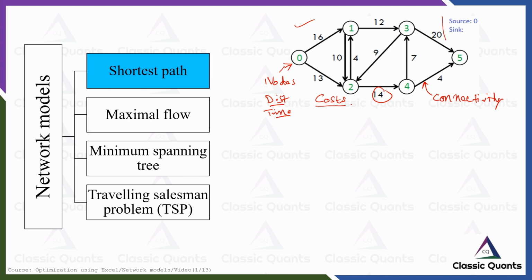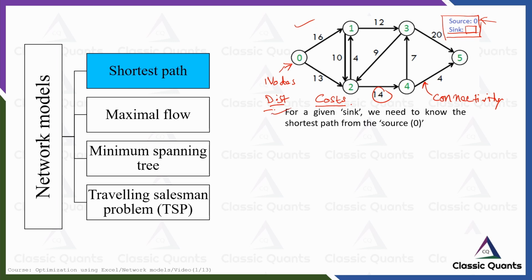Another interesting fact is that we have two types of nodes. One is the source node, which is 0, and another one is the sink node. What is a sink node? A sink node is where the flow will terminate. But here, I have not shown any particular sink node. It is blank. So this is one property of the shortest path problem, that the sink node has to be provided to you. You know the source node very well, that is where the flow is going to start, but you don't know the sink. The sink will be given to you by the problem statement.